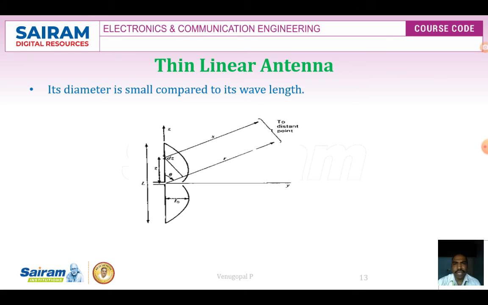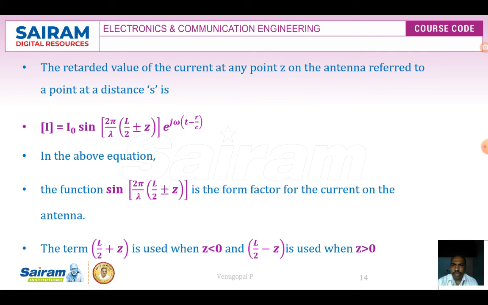Next is a thin linear antenna, which consists of a short dipole where the diameter is very small compared to the length, but the length is also small compared to the wavelength. So overall the diameter is very small compared to the wavelength. In the thin linear antenna we are going to derive the expression of the field components E theta and H phi. To derive that, we have to